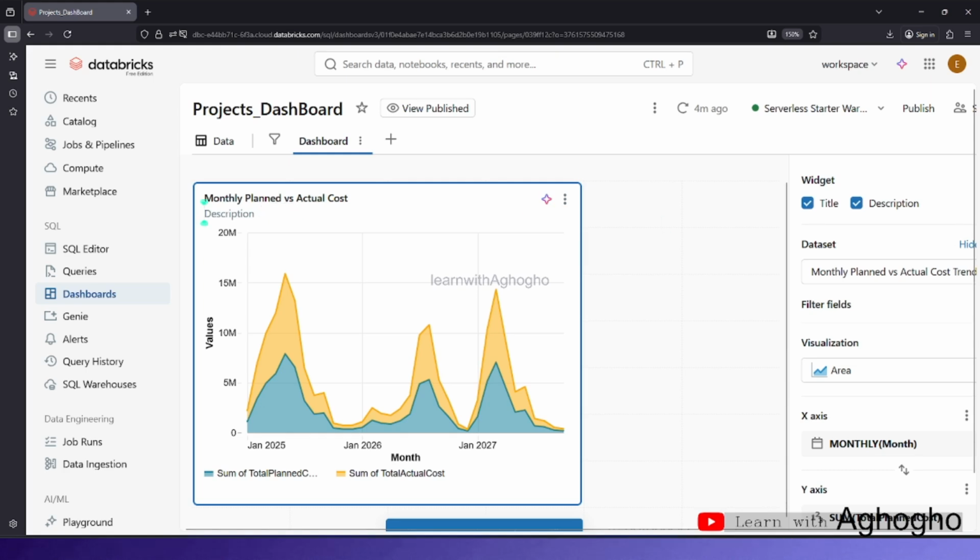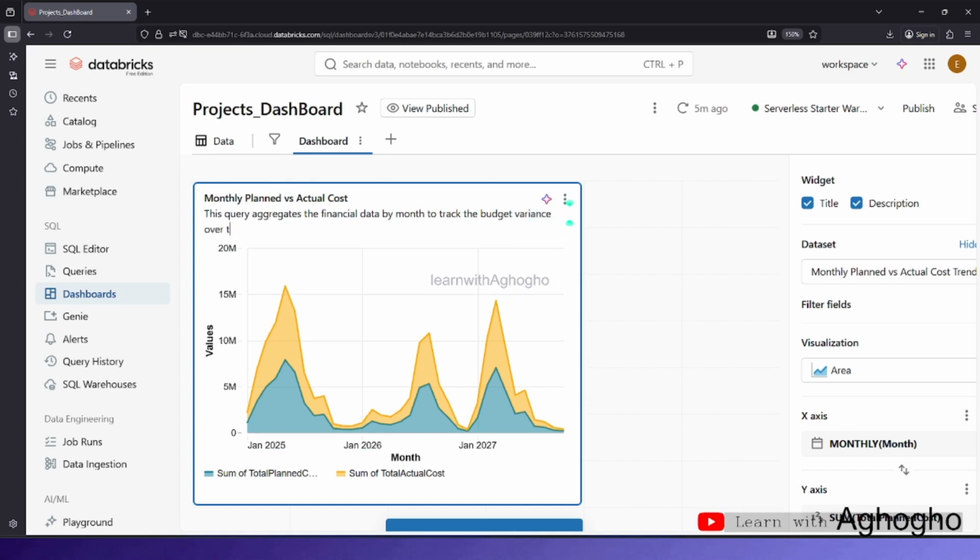So you can say this query aggregates the financial data by months to track the budget variance over time. Okay, so you can put in that description,